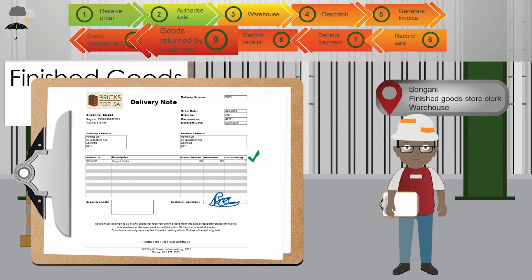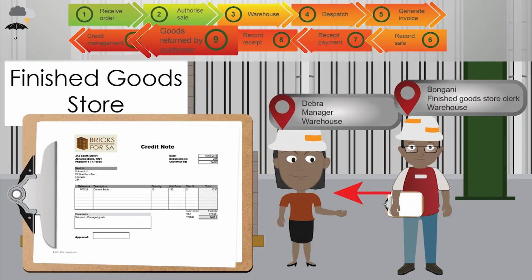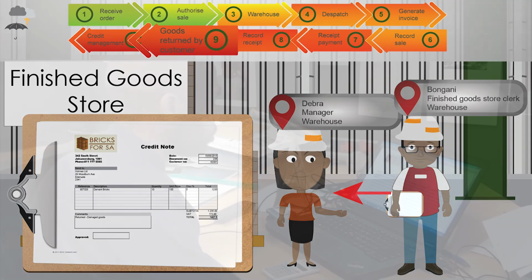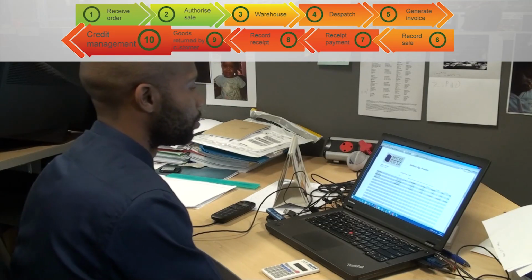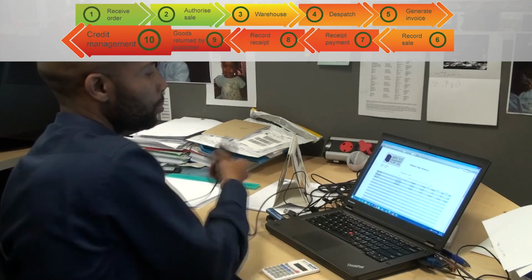Examples of controls for these risks include the goods receiving clerk has to inspect the goods returned to ensure they match the description and quantity on the delivery note. The clerk then has to sign the documents, and a warehouse manager has to authorize the credit note before it is sent to accounting. The last step in this cycle is credit management, which takes us back to the finance